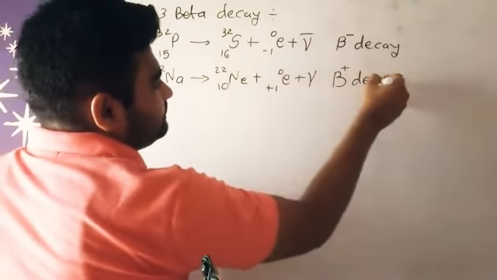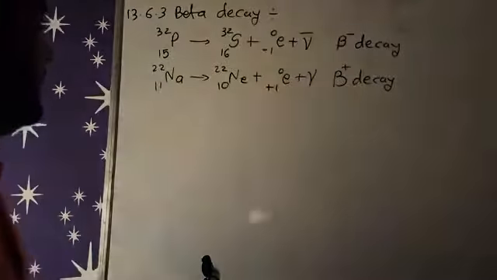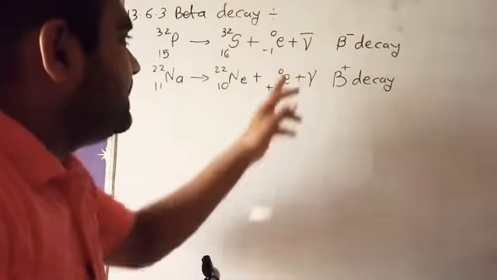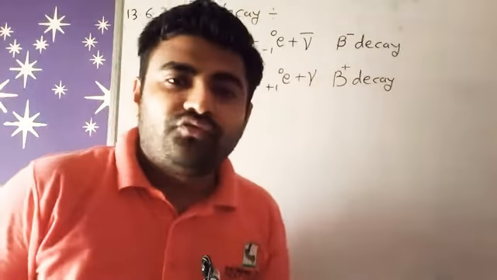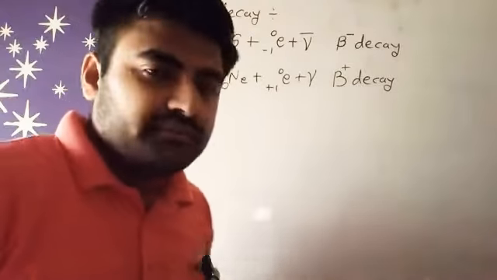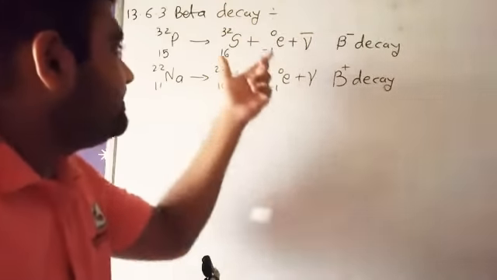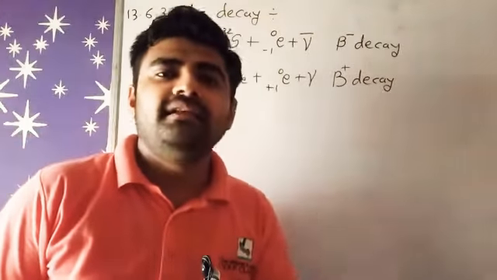So in beta decay we have two different reactions, beta minus and beta plus. In beta plus decay we have a positron. A positron clearly means it is the antiparticle of the electron, right? Now the question is, the electron is outside the nucleus, so how can it give this reaction as a beta minus decay? Actually this reaction is inside the nucleus.